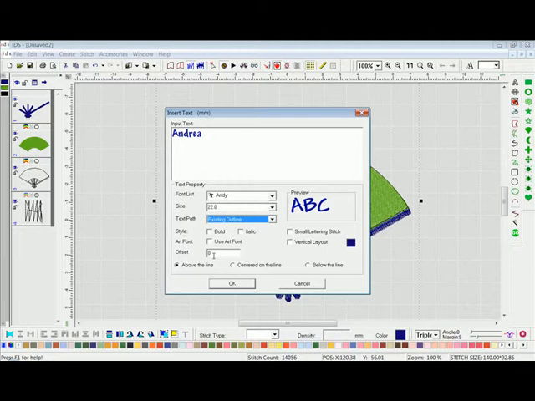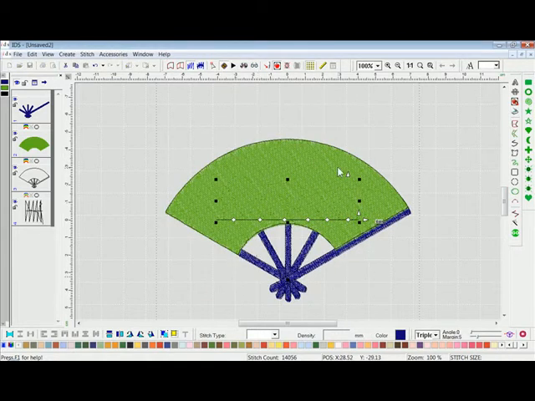If I offset it positive, it will sit above or outside. If I do it negative, it will sit inside. I will leave that at 0, press OK, and after I press OK, my lettering is actually in there. It's a little hard to see because it is right in the center of the design. In order to set my baseline, my cursor is now a crosshair. I will left click to enter the first point, left click to select. You can see I'm making a point, and that